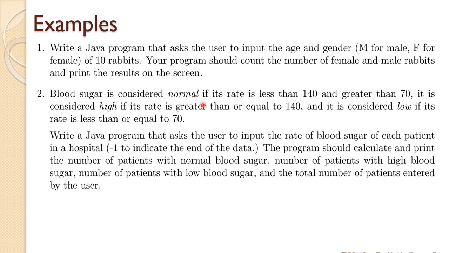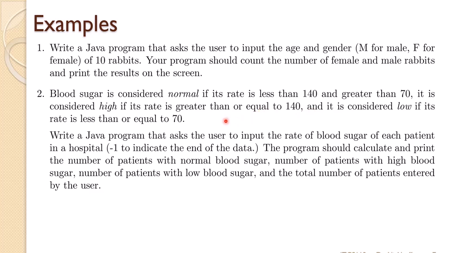Blood sugar is considered normal if its rate is less than 140 and greater than 70. So if it is between 70 and 140, it is normal. It is considered high if its rate is greater than or equal to 140, and it is considered low if its rate is less than or equal to 70. So we need to read the rate from the user, and then we need to check whether it is normal, high,